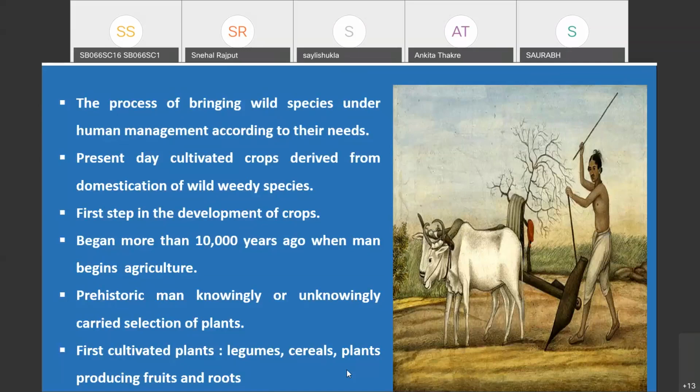Okay, here we are studying domestication. Domestication is believed to have begun more than 10,000 years ago when man began agriculture. That means when the nomad man, nomad